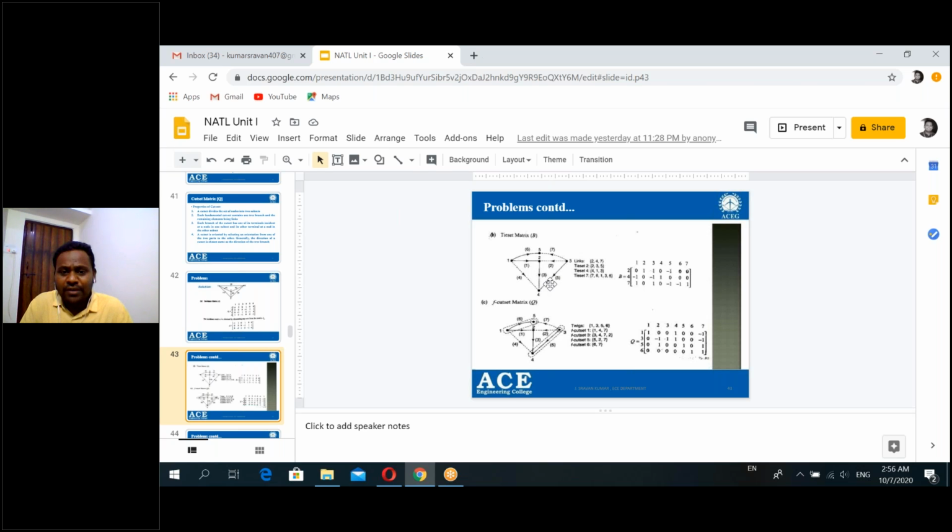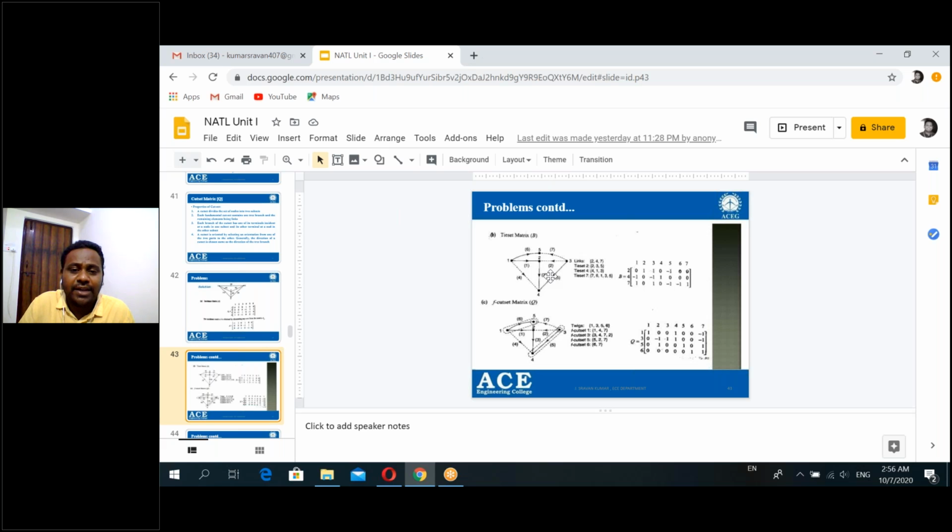Now, for this matrix, 1, 2, 3, 4, 5, 6, 7 are the branches, and 2, 4, 7 are the links. I told you already, we should follow the link direction. Now, in loop 2, that is tie set 2, the link direction is anti-clockwise. See, the second branch is the link, and this direction is anti-clockwise. The branches present in the loop, if they are anti-clockwise, take plus.